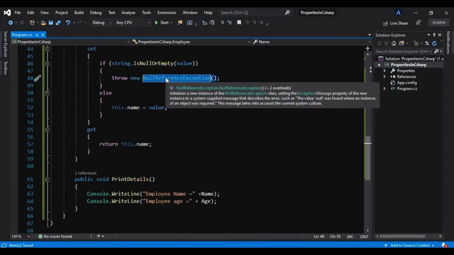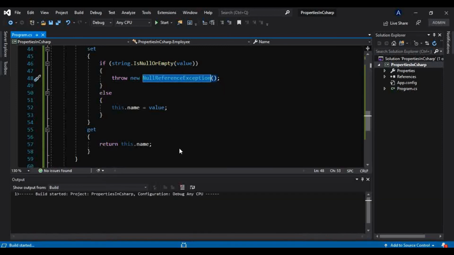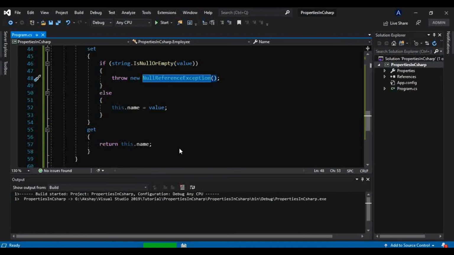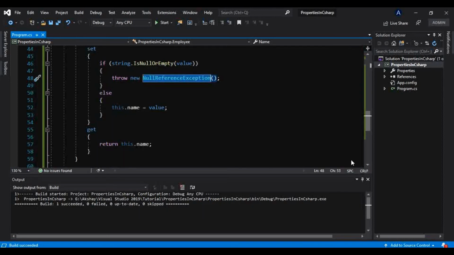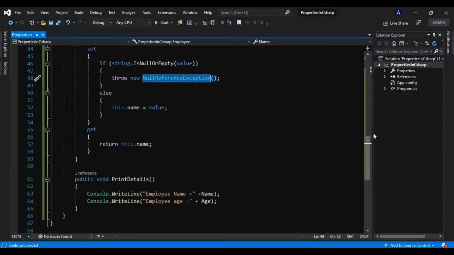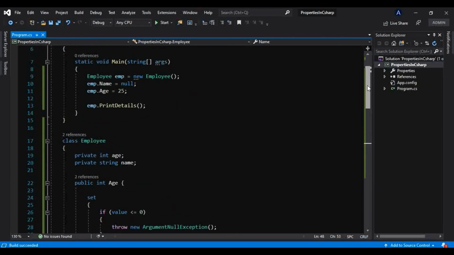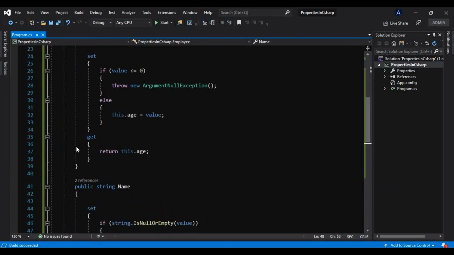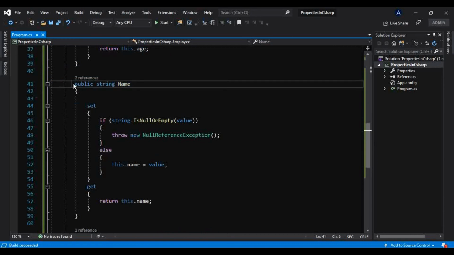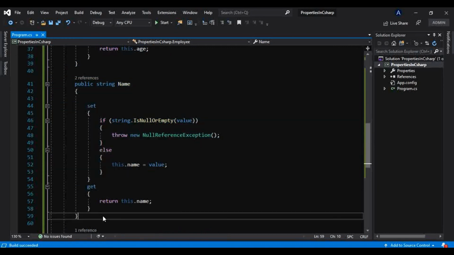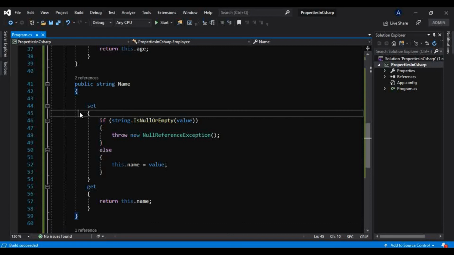So instead of that I am throwing a null reference exception, and if I run that, okay, so it is throwing null reference exception, and our program is working as expected, as it was running before using properties too. But now this code is so much better, very short compared to the getter and setter.